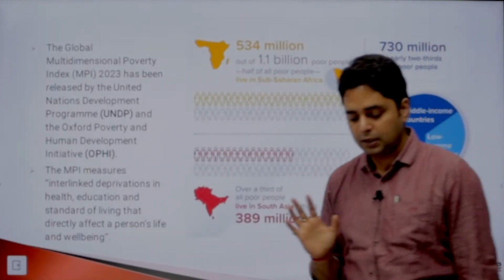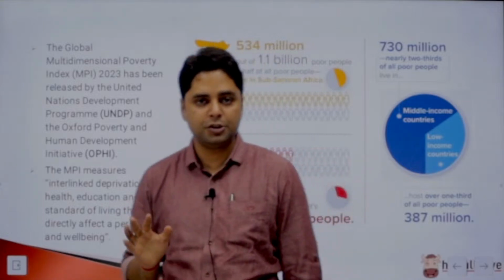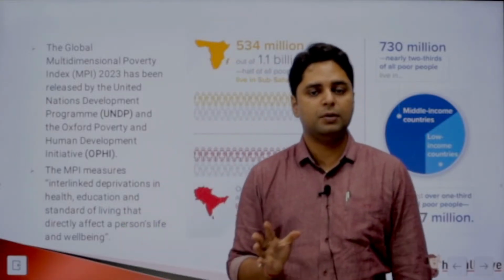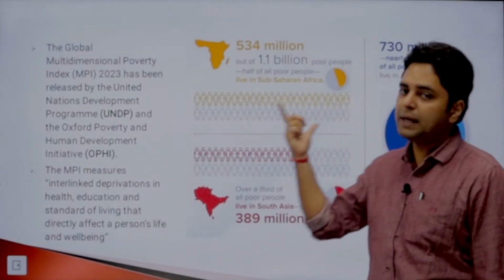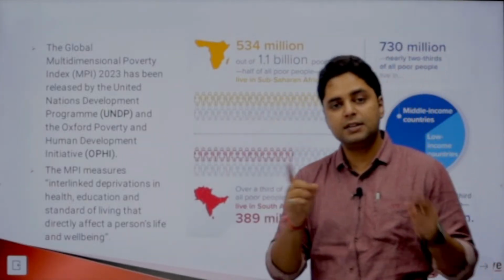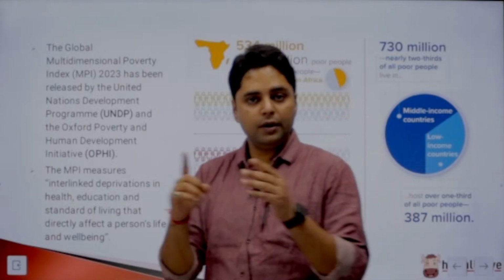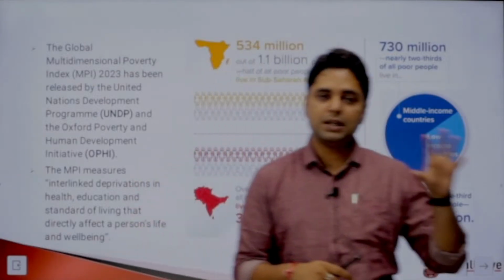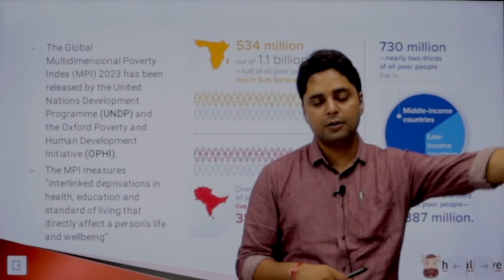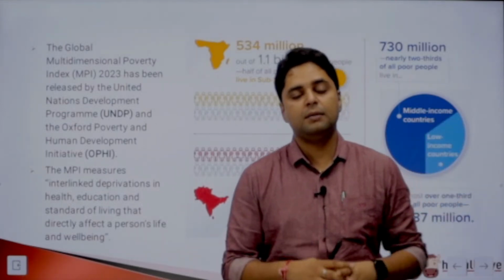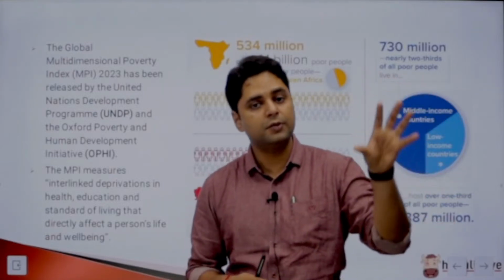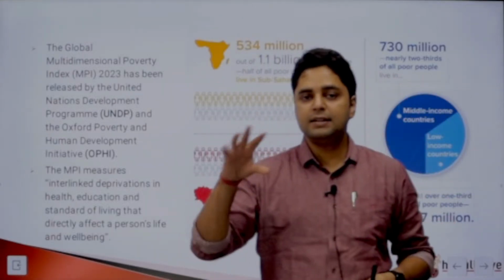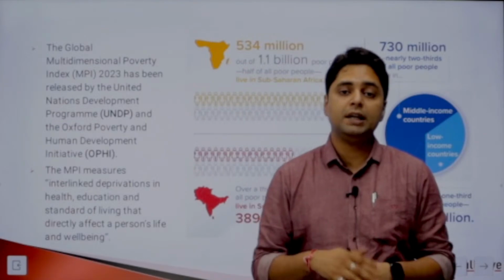1.1 billion people. So we have 8 billion population, जिसमें से 1 billion people are poor, मतलब 1/8 of the people are poor. And most of them live in two areas, either sub-Saharan Africa or in South Asia. Sub-Saharan Africa means the southern part of Africa, which is below the Sahara Desert. That is the area that has the most concentration of the poor people. And then South Asia, which is the region in which India is.